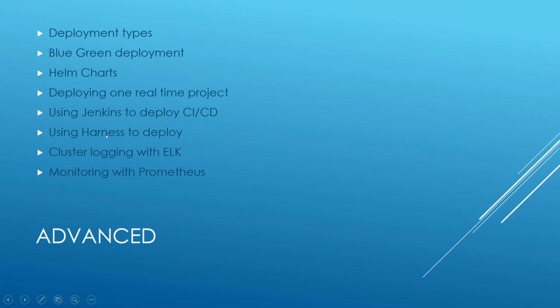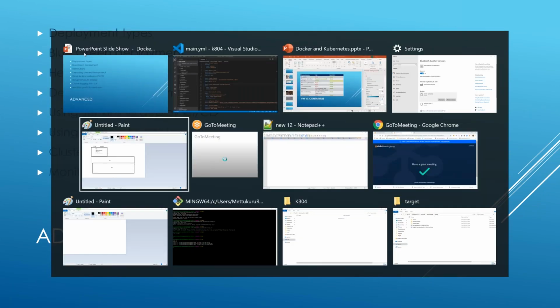Okay, so deployments are of multiple types, right? Multiple types means, like one is blue-green deployment, another one is rolling deployment, and some others. So we can try two deployment strategies, blue-green, and then we can go for rolling deployments. Blue-green is the most popular deployment type out of six deployment strategies. Okay.